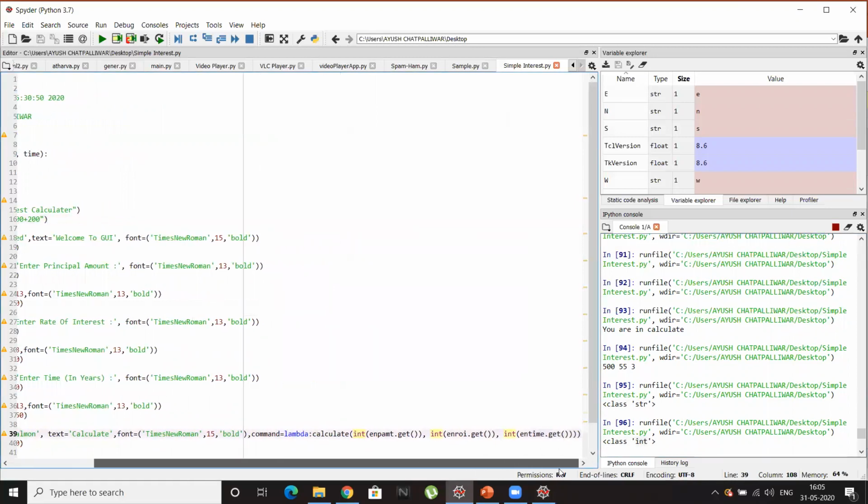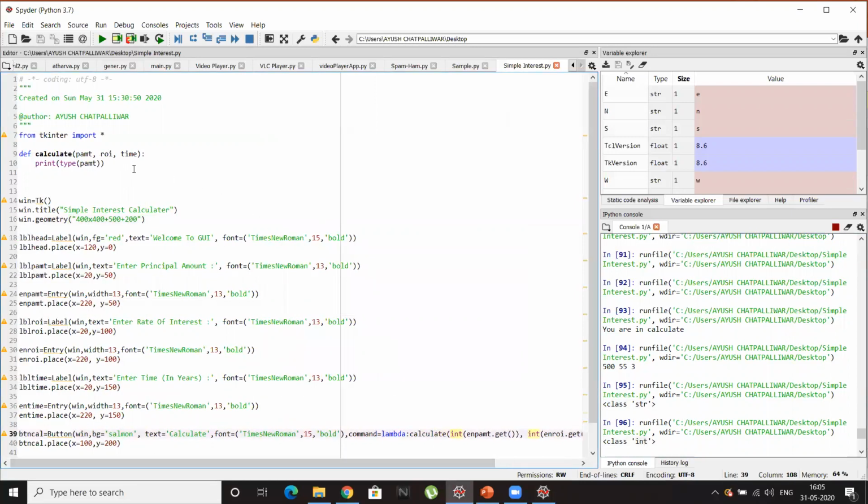Now it will be much easier for us to do the mathematical operations on them. We have converted them to integer, so now let's directly apply the formula to calculate the result. I'll store the answer in a variable called result.